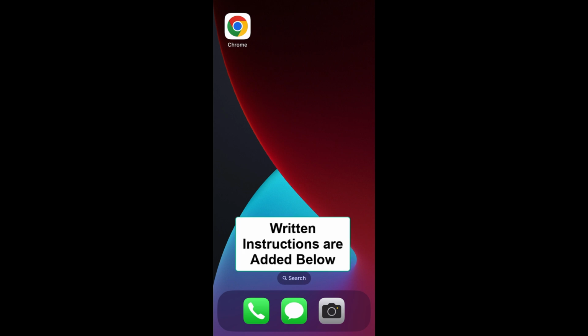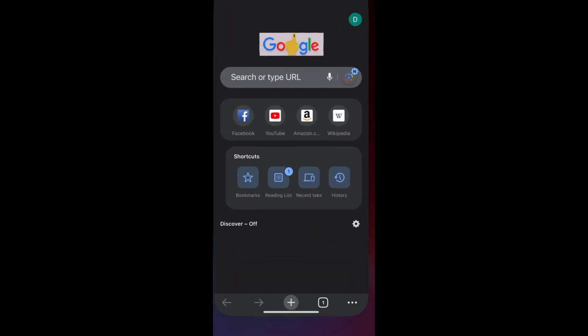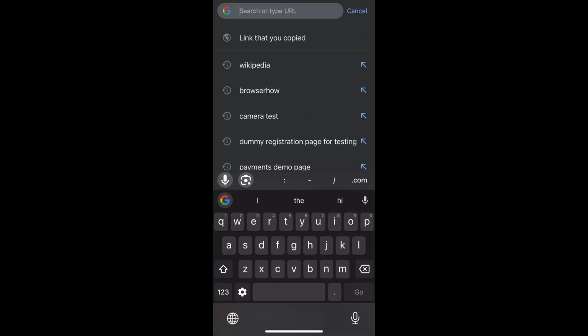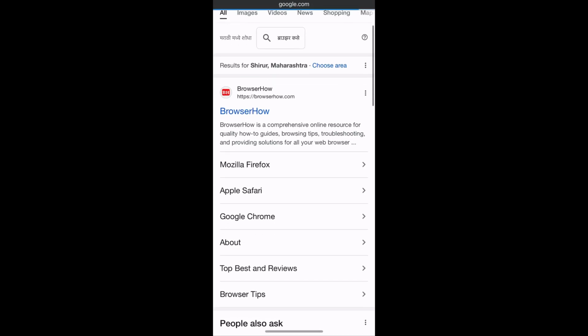In this tutorial, I'm going to show you how to change the search engine in Chrome app on iPhone. So by default, if you perform any search, the Chrome app will automatically display the Google search results. And if you want to change it to something else, what you can do is you can tap on these